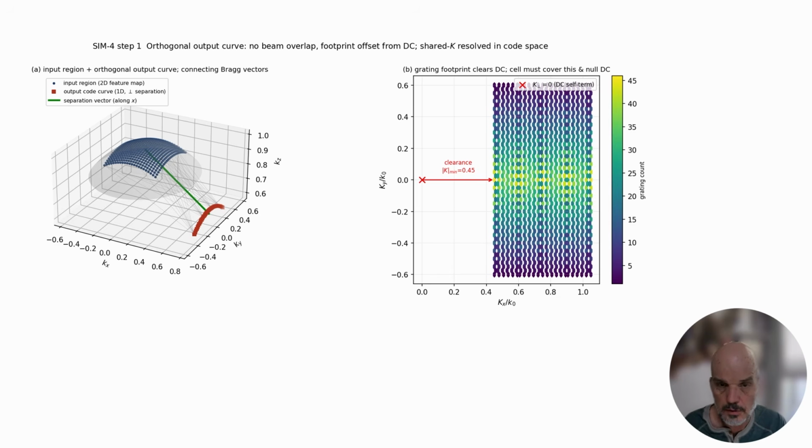What's shown at the left here is the Ewald sphere, the collection of wavefronts of the input wave and the output wave on the wave normal surface. The blue dots at the top are the input features that are detected in the image, and those are associated with that red line at the right, which is a code in one dimension.